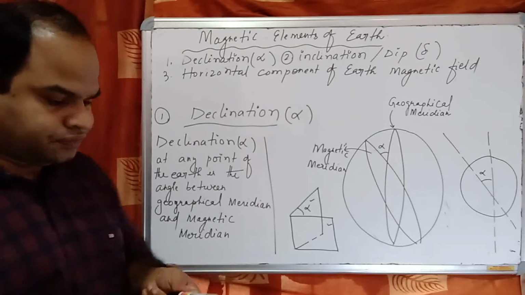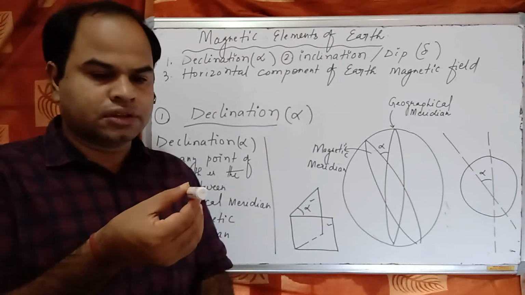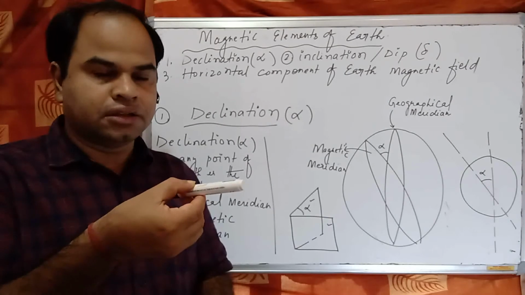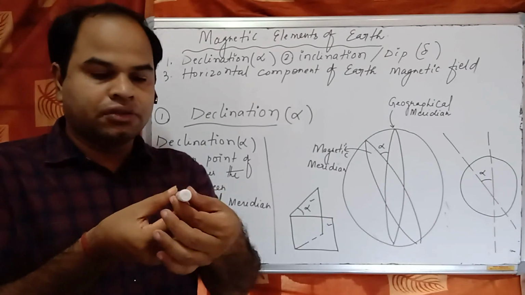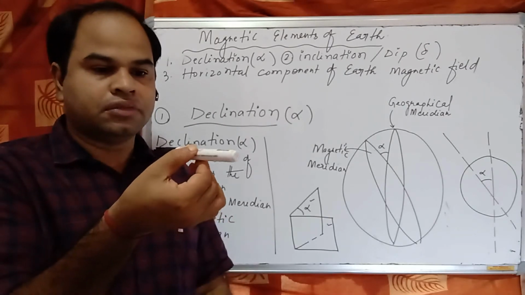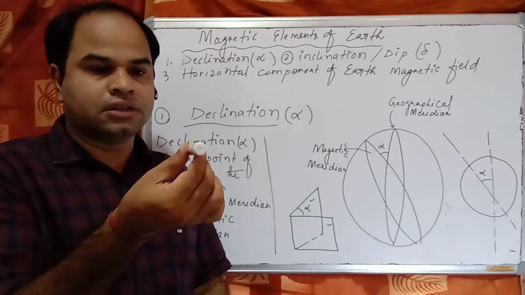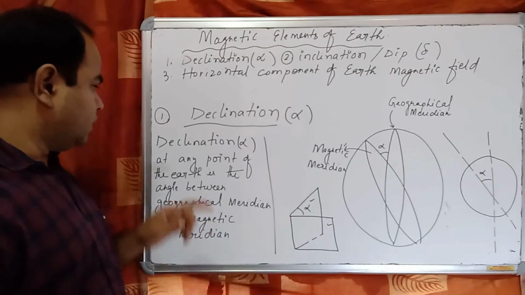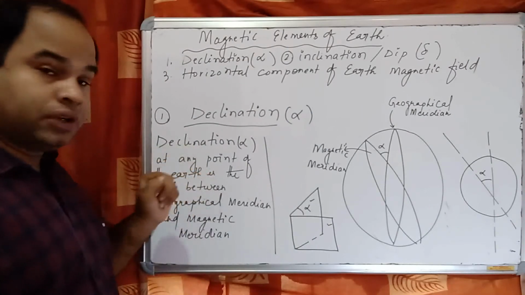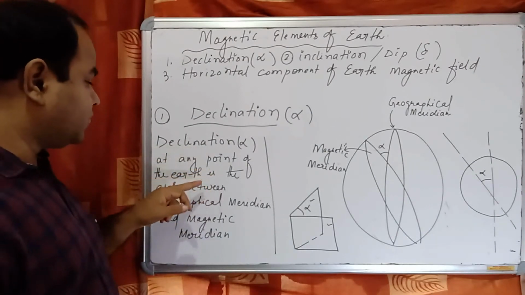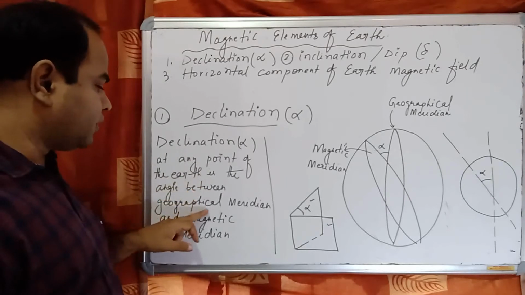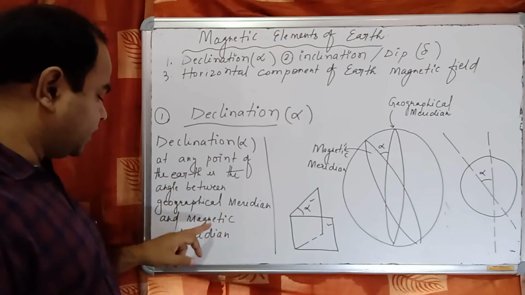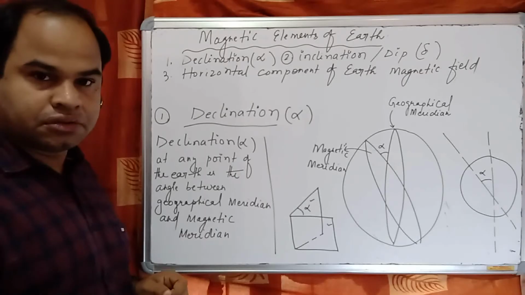If we say this is the magnet, this angle is called alpha. Understand. Declination alpha at any point of the Earth is the angle between the geographical meridian and the magnetic meridian. Okay? Next is